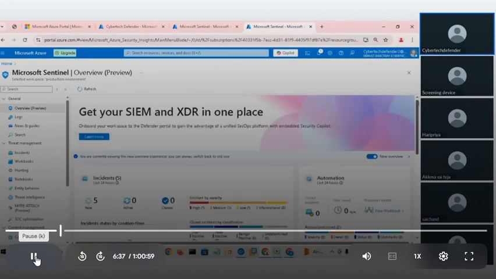Yeah, that's how your dashboard will work and look. So you can get to know